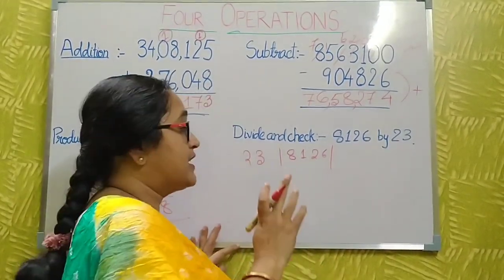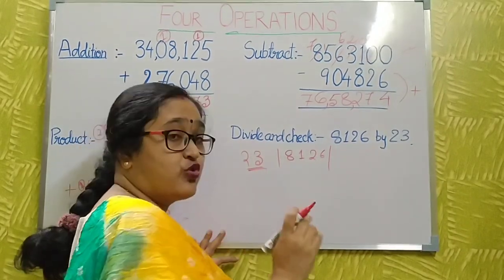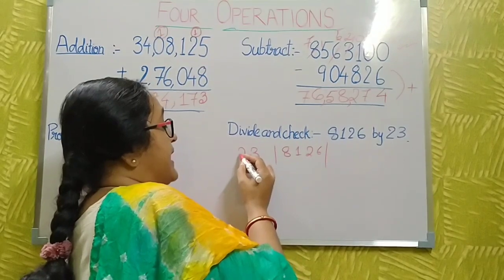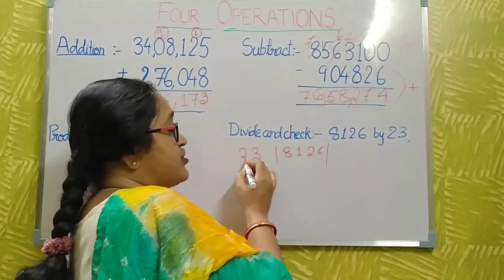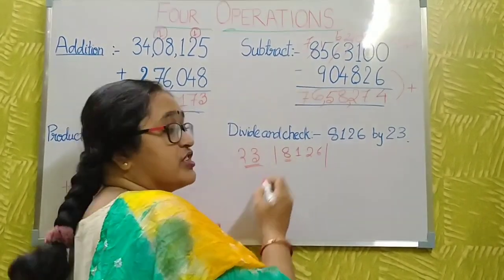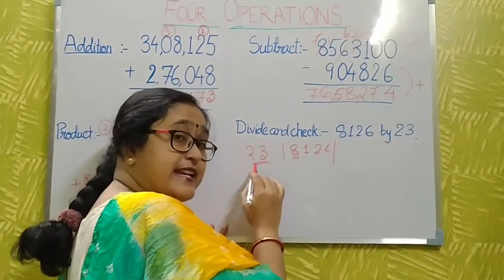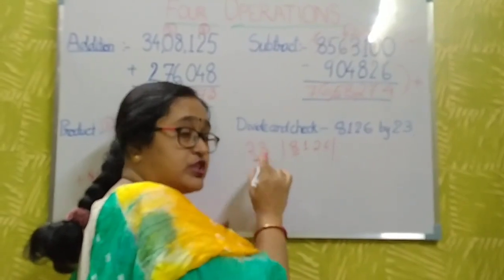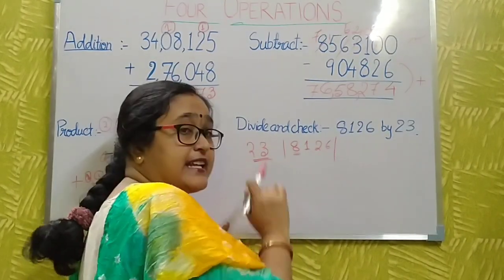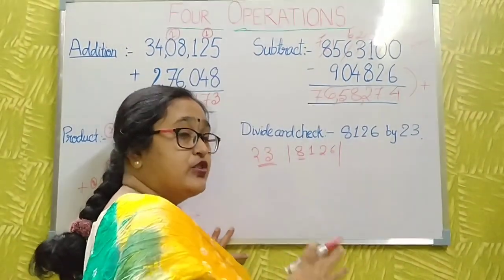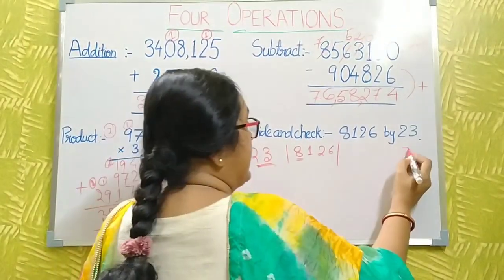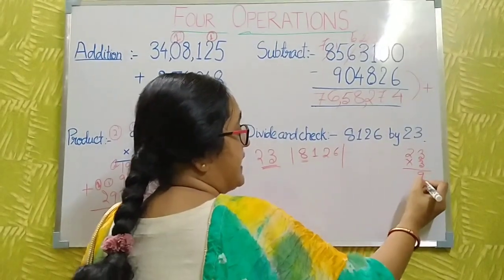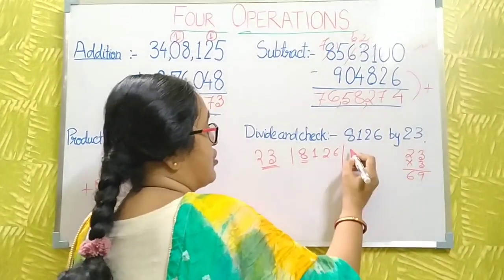When you do the division of this number, if you don't know the table, just multiply and come near this number. 4 2s are 8. Is it correct? But when you multiply 4 by 3, this number is greater than 81. That's why you multiply it by 3 before 4. 3 3s are 9 and 3 2s are 6 also.